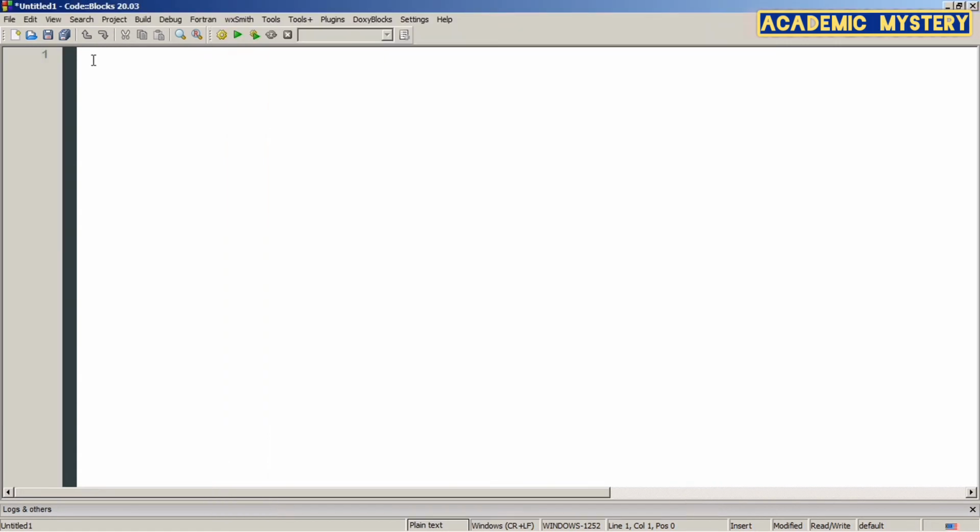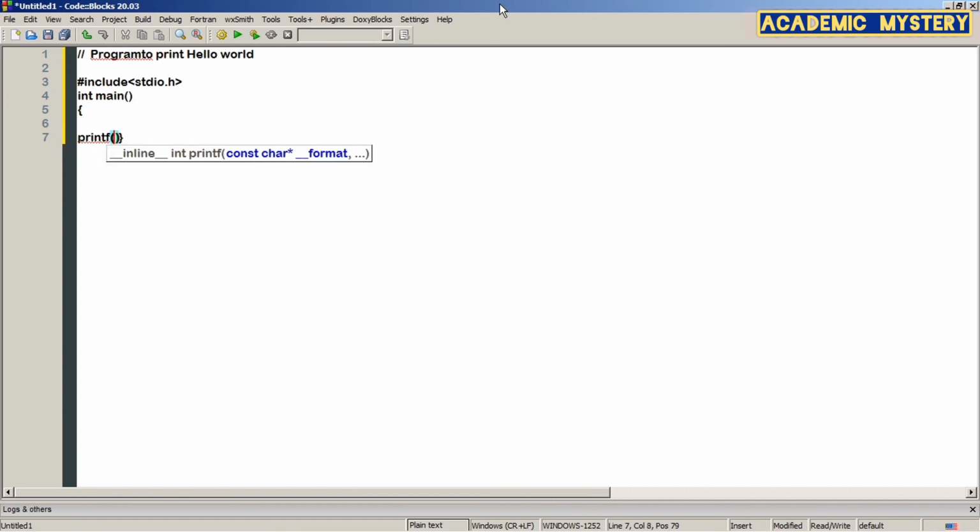And here I am going to print the hello world program. So #include, angle bracket, inside the angle bracket stdio.h, and int main, and printf hello world. And here this is the int function that must return 0, and I am going to the build,